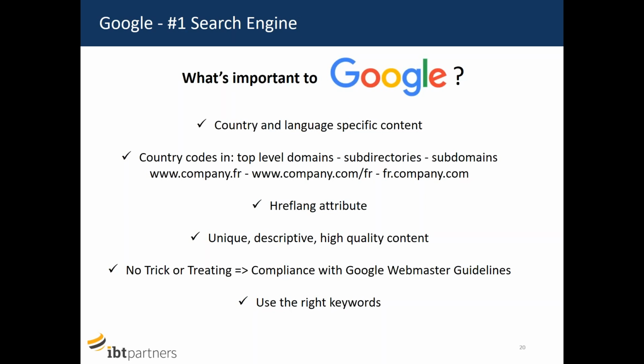But there are also three attributes which are very specific to international websites and US websites. The first is to have country and language specific content. If your website is in UK language, then Google recognizes it as a UK website and does not rank it in the United States. It'll say that's not a relevant site when people are searching for things in the United States.